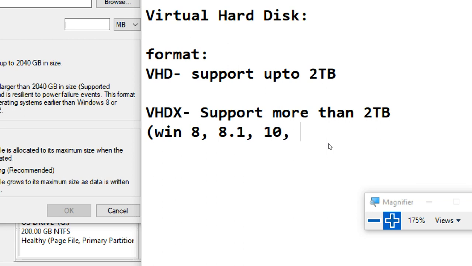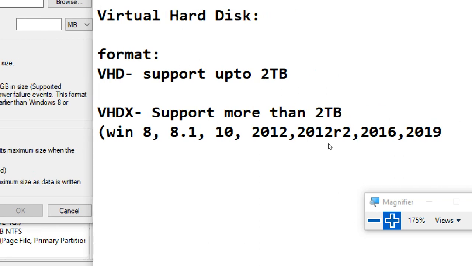And on the server side also, 2012 server, 2012 up to 2016 and 2019. So the maximum size is 64 terabytes only. You can't use more than 64 terabytes in this.